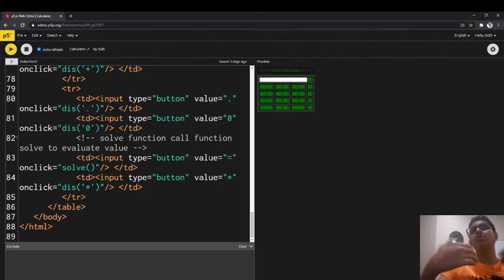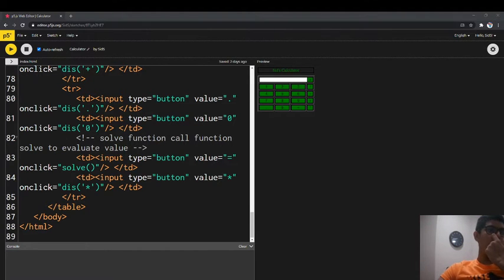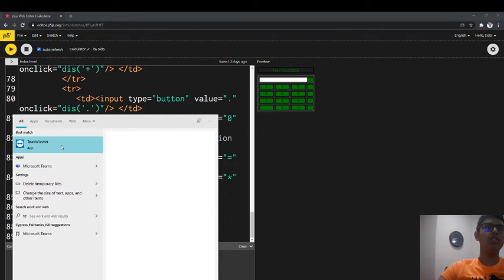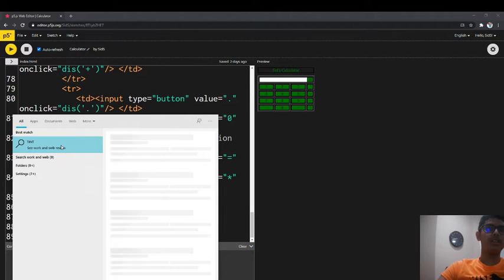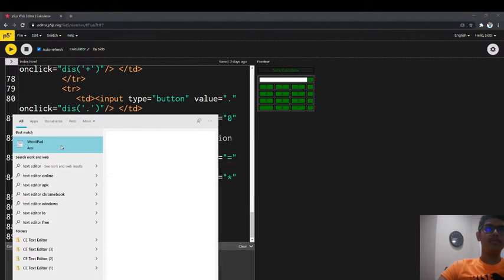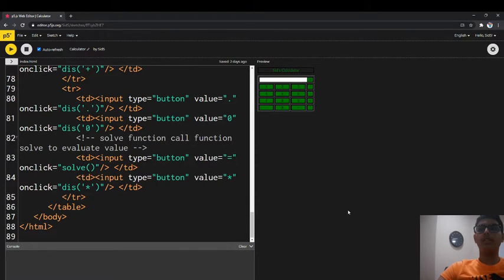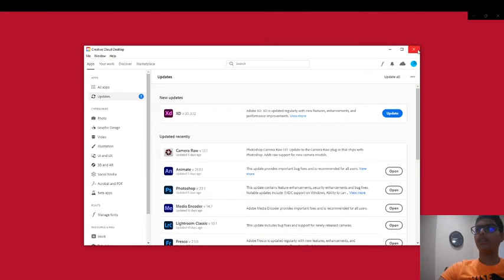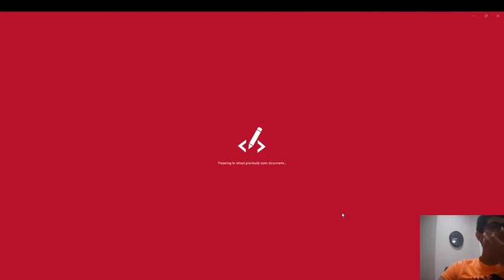Now, I want to try to get to an HTML unit, but this isn't where I really wrote my code. I even have some code written in text editor, which is a place I really like to write code as well. Of course, text editor isn't going to load. I need to open it up with something. What is this? Oh, there it is.